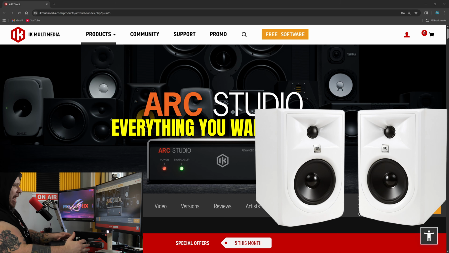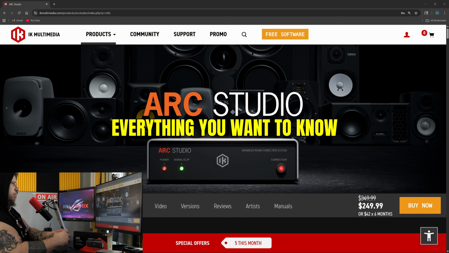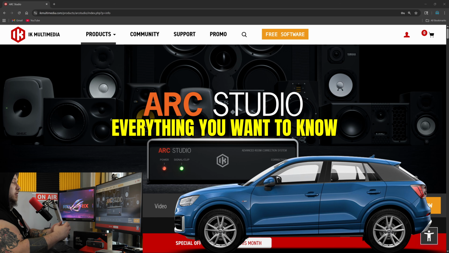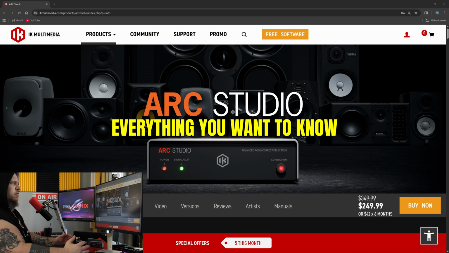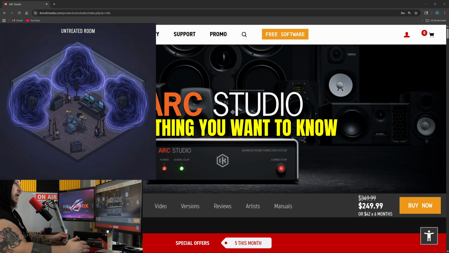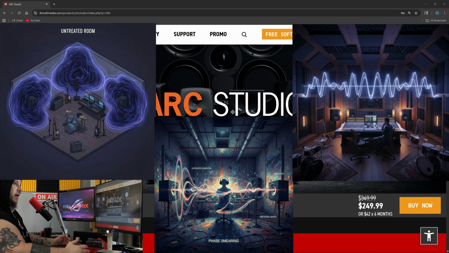We all know that flat, accurate monitors are key for mixing and mastering, so that way your tracks translate better across headphones, car speakers, smartphones, and other devices. But your room is also a critical part of making accurate mix decisions. If your room isn't properly treated and tuned, you can still experience bass buildup, phase smearing, harsh reflections, and more